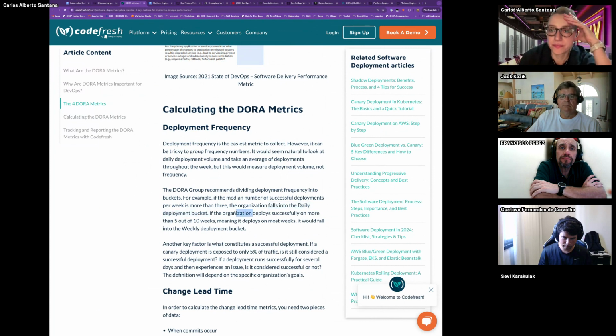Or if you deploy successfully 5 out of 10 weeks on average, then you can say most weeks, so it falls in the weekly deployment bucket. At least for me it was useful to know this, because sometimes you get asked the question, or you ask the question, and people may say daily and you may think every day, but you have to take the recommendation into account.